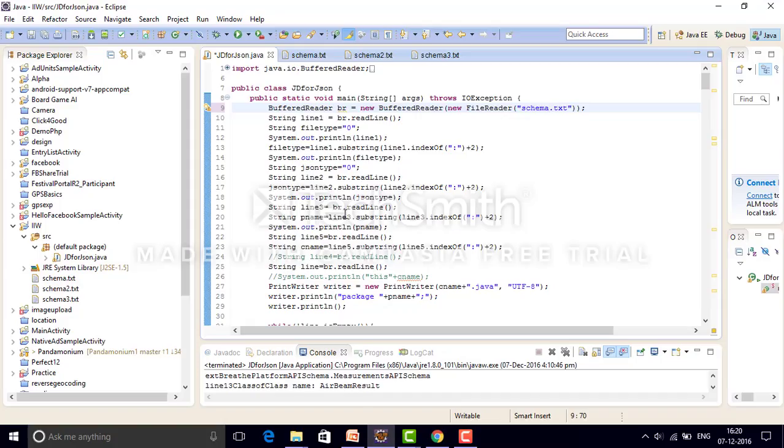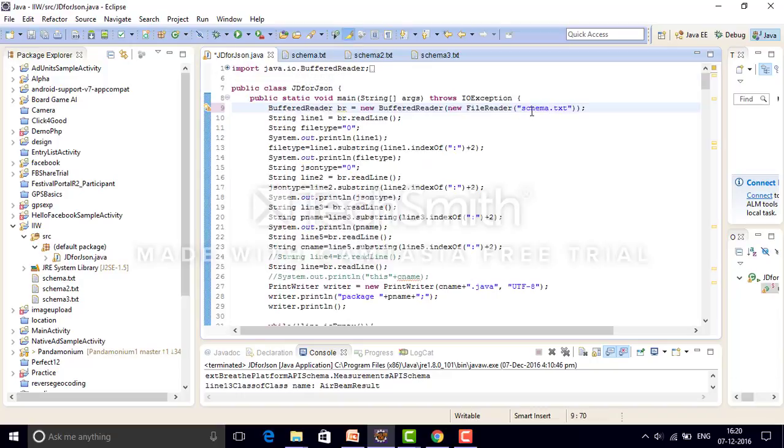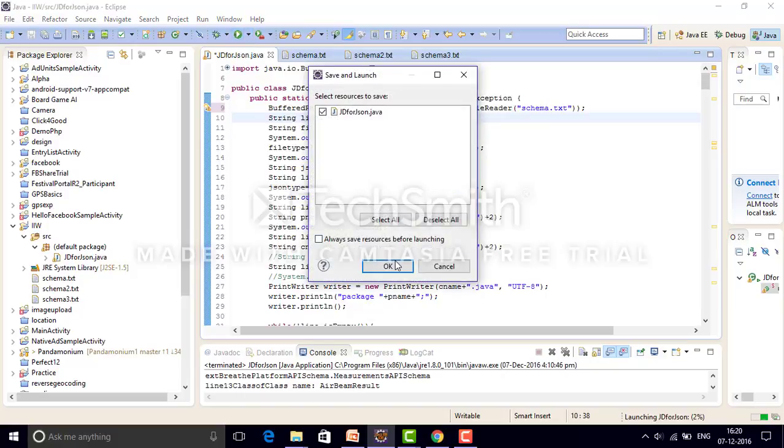So I have written a driver file and a configuration file. In the configuration file I am passing the file type, that is either a JSON or an FTP file. There are two types of JSON files that are involved in this project. The first one is for the first configuration that I'll be showing you. And there are other things like the class name, package name, import list, and the JSON thing and their attributes. So when I pass the schema in my driver and I run my project,